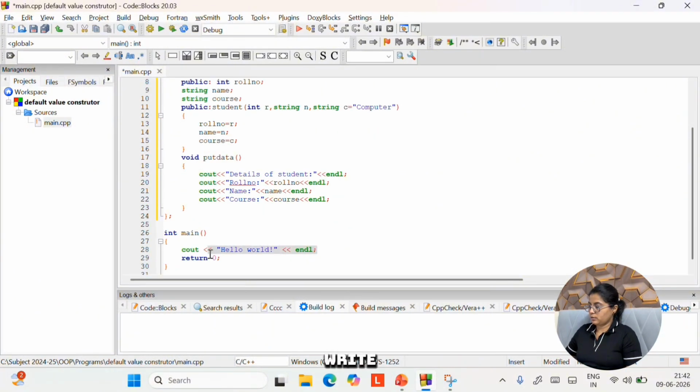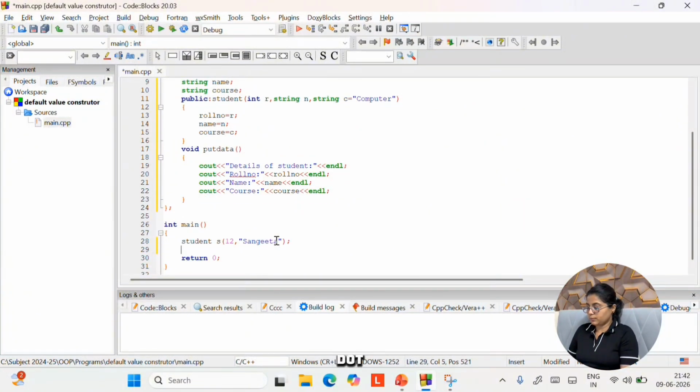Now we need to write main. We know that when we create an object of the class, the constructor will get called automatically. So how to create an object? Write down student, name, create object. Now the default value we have given only for one variable. So if I am passing two values, by default for course it will consider the value as computers.